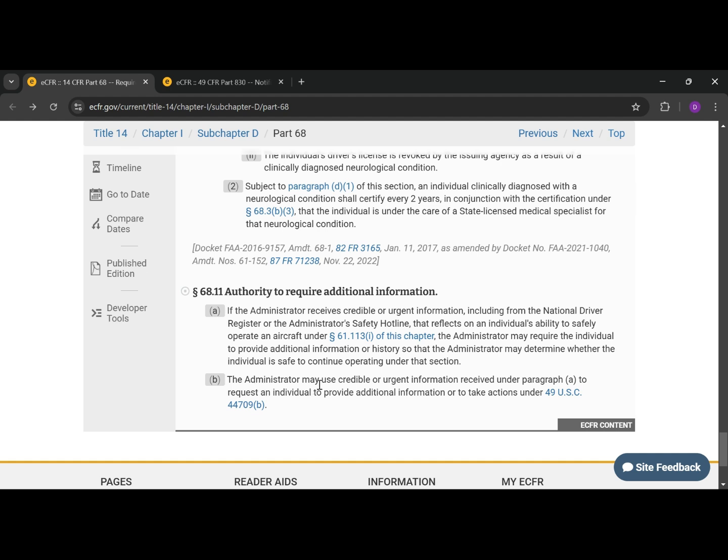The administrator may use credible or urgent information received under paragraph A to request an individual to provide additional information or to take actions under 49 USC